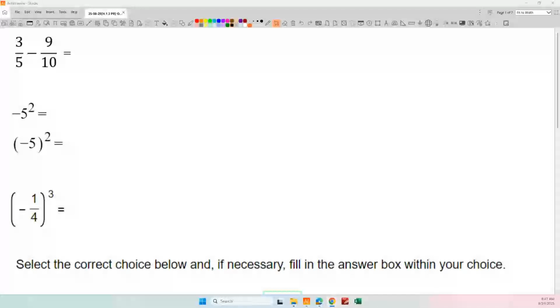Last time we talked about properties of real numbers, real number sets. I just want to look at some operation stuff today. So let me remind you very quickly about order of operations. So real quick,